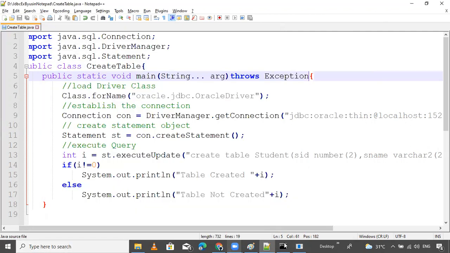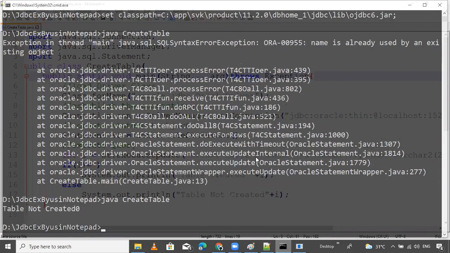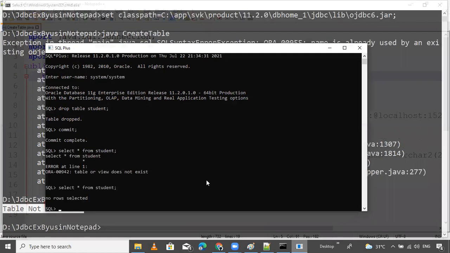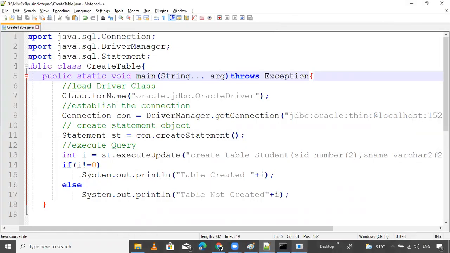Run the program once again. Enter create table. Oh, table not created. It means the table is not created. It gives an error, so let me try. Oh no, the table is created, but it returns not equal to 0.